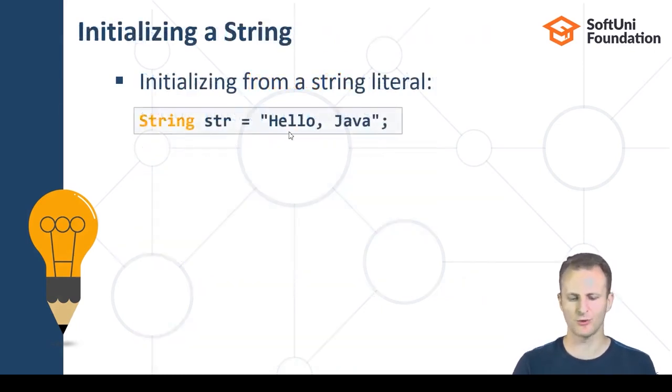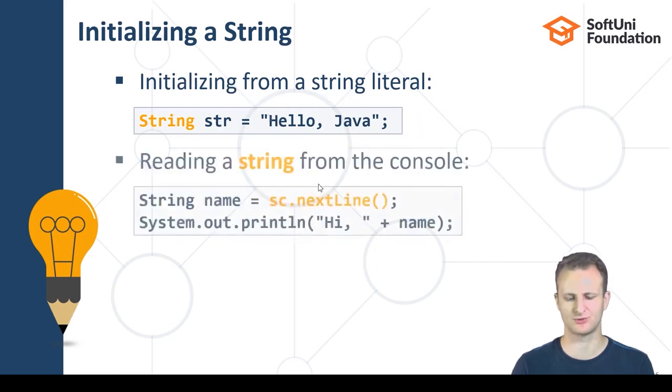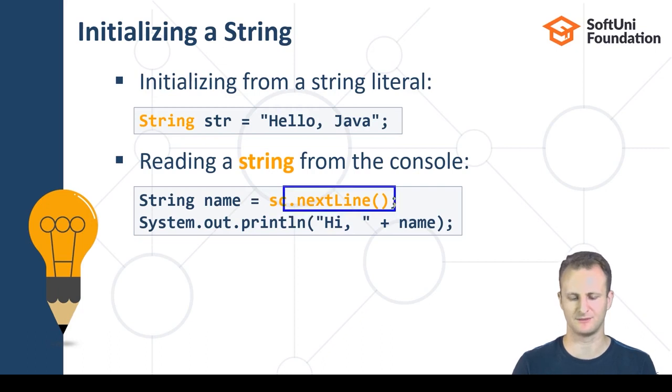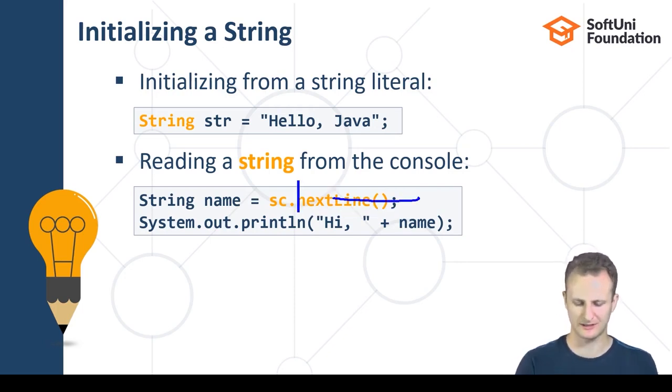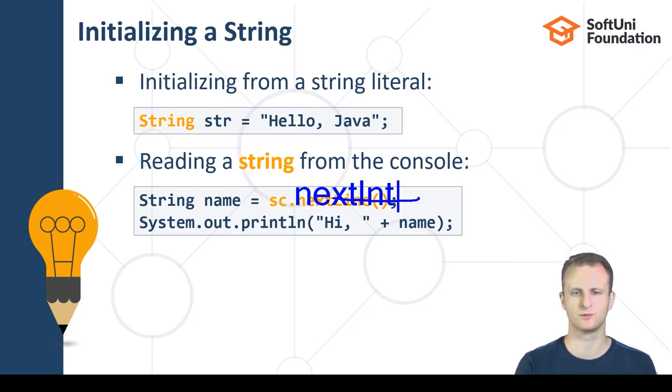Okay, so we already showed you how you can initialize a string from a literal. Now how you read it from the console, we've already done it a couple hundred times probably, is using the nextLine function or simply the next function. Just like you have nextInt, which reads an integer, it reads from where the white spaces stop until the white spaces start. So if you have